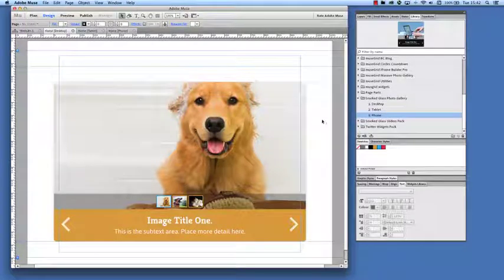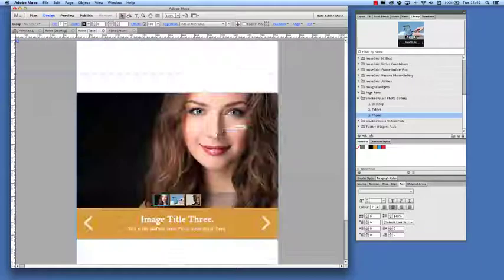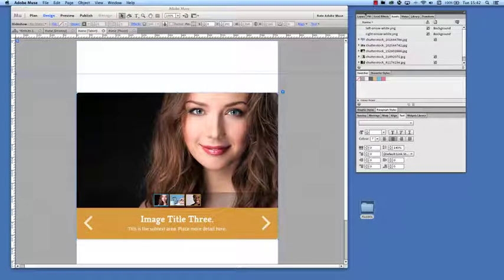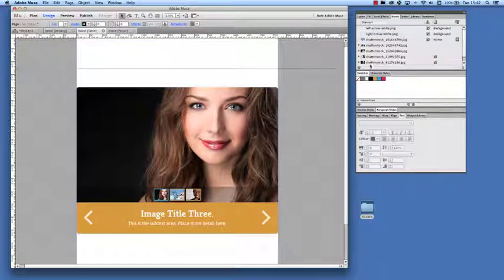So now we have our slider ready to go, and we can make those changes throughout the site by just clicking on the images and going through the same process. Or we can modify those images within the assets panel. So for instance, if we wanted to change